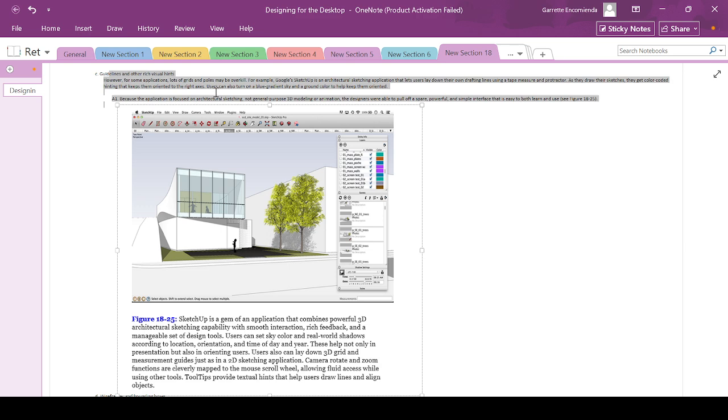Users can also turn on a blue gradient sky and a ground color to help keep them oriented. So there could be a sky color that allows you to see how it is related to the sky, and a ground color so you know where the ground is. Because the application is focused on architectural sketching, not general purpose 3D modeling or animation, the designers were able to pull off a spare, powerful, and simple interface that is easy to both learn and use. See figure